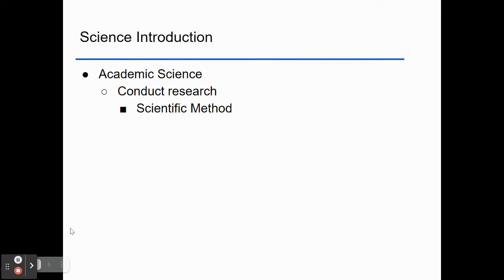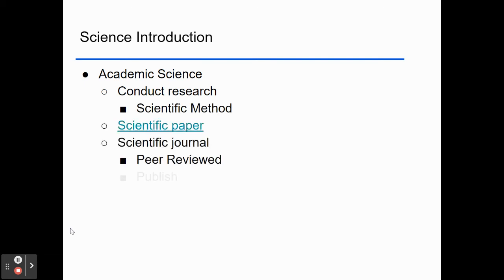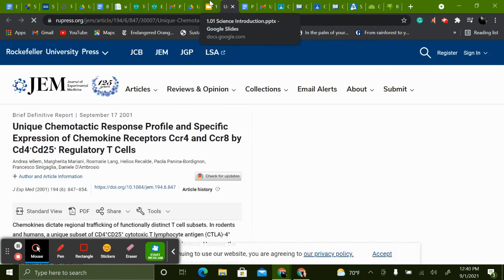We have our academic science, and I think this is actually our last slide before I'll stop torturing you. It is our last slide. Okay, cool. So we have our academic science. We conduct research. There's a scientific method, a scientific paper, a good science. Ooh, I really need to click that. But a good scientific paper